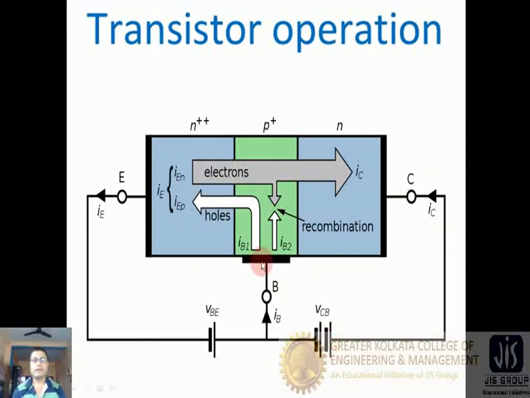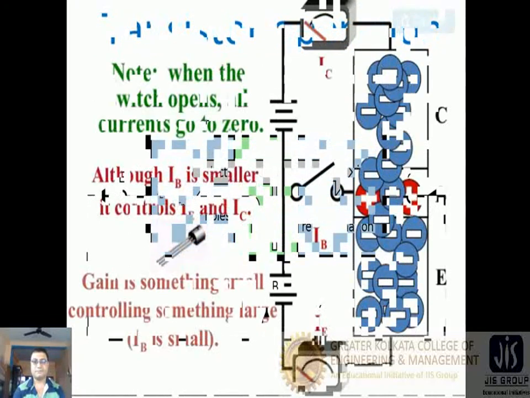As the base region is very thin and lightly doped, most of the electrons coming in the forward bias of the emitter base junction reach the collector and the collector current flows. The more we forward bias this emitter base junction, the more electrons will come to the collector and the collector current also increases. It is the important thing for the transistor, and in this way the transistor operates.